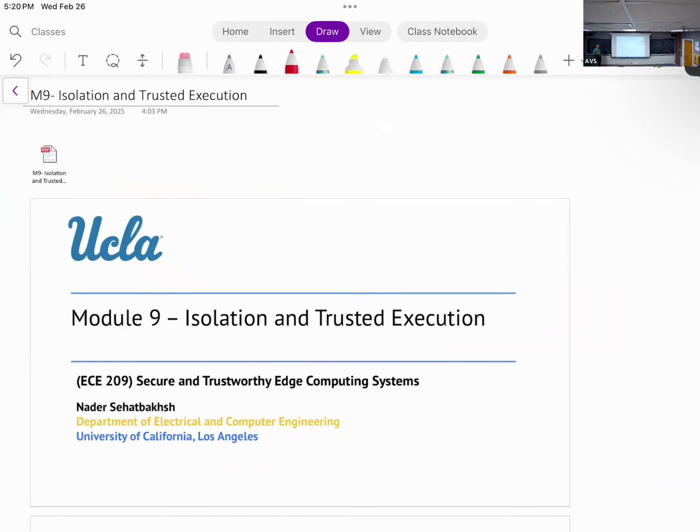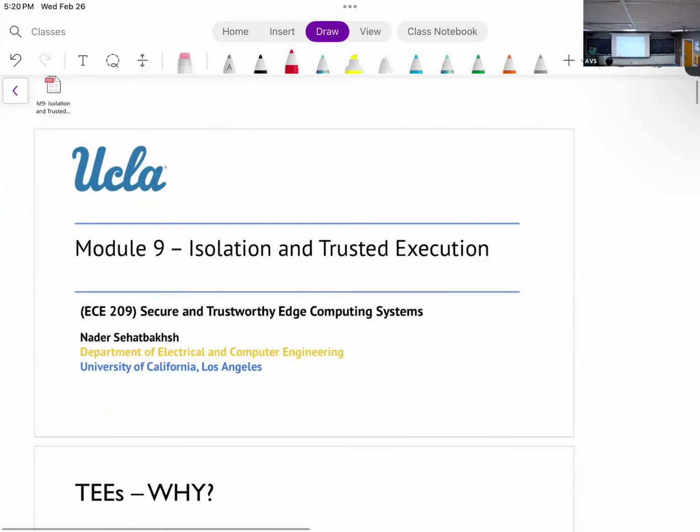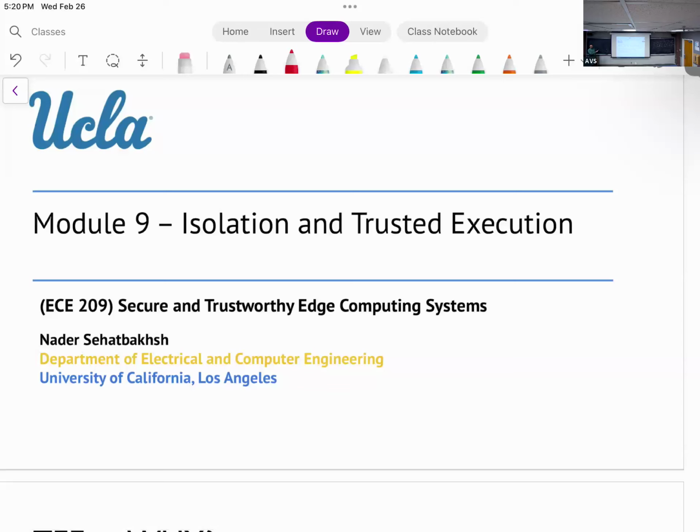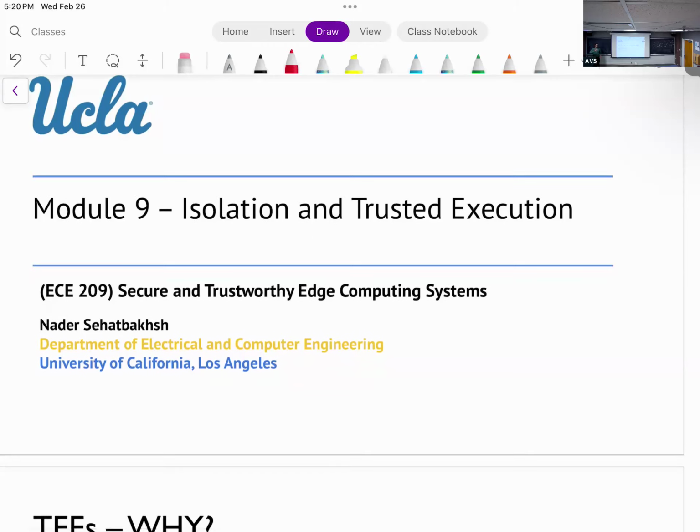All right, so it's kind of a continuation of this attestation, control flow integrity, control flow attestation. I want to very briefly talk about isolation and trusted execution environments. Since we don't have much time left, the discussion will be brief. But if you're interested, I can link some papers and you can read about it. I felt that to make the whole story complete, it would be helpful to talk about trusted execution